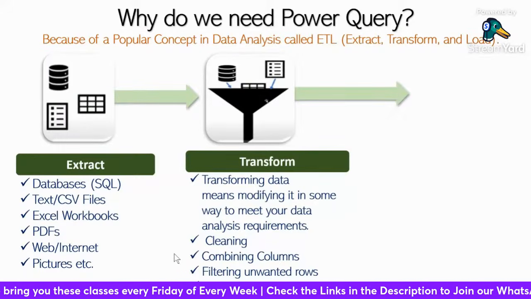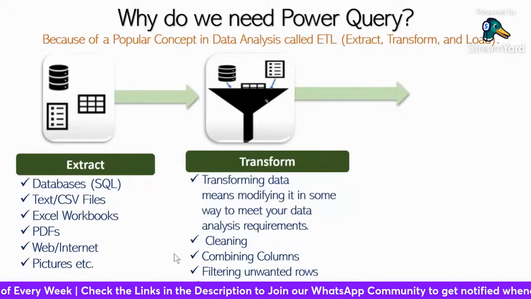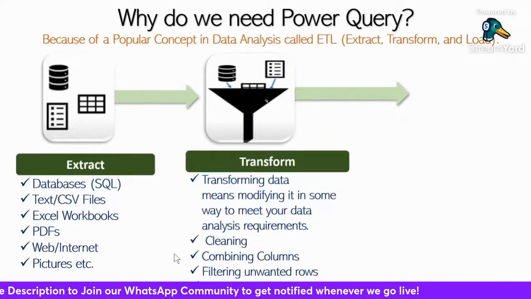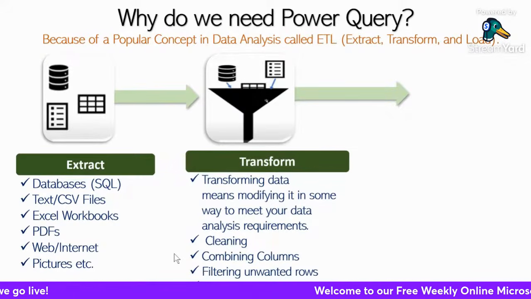We can do things like cleaning, combining columns, filtering unwanted rows, removing unwanted columns, but also these particular transformation steps that I'm mentioning can also be done inside our normal Excel worksheets. But again, the beauty with Power Query is that it automates all these